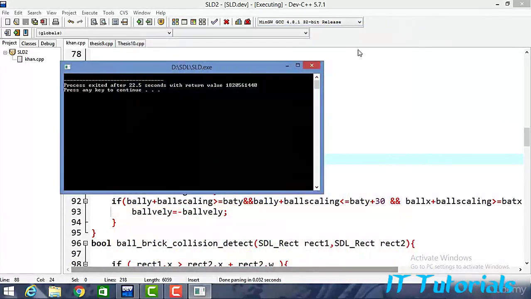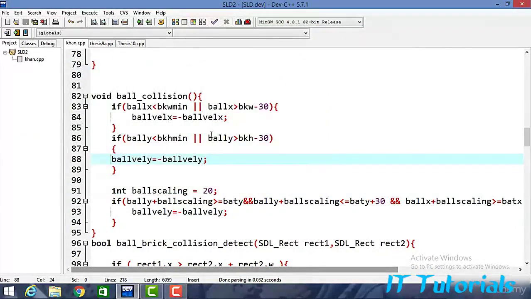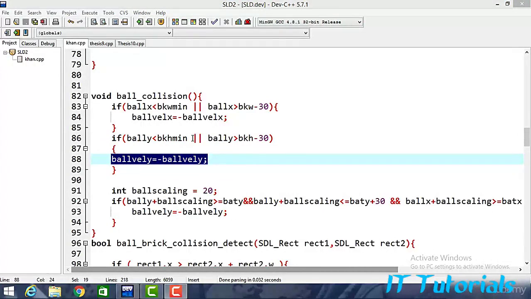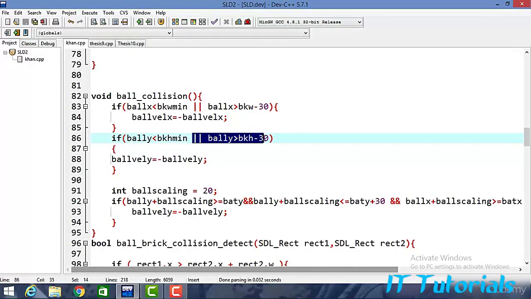So just close it. This condition is the only condition which makes the ball rebound after it hits the bottom side of the screen, because we are stating here that if the position of the ball becomes greater than the maximum height, and this background height is the maximum height, which I think is 600, then you just reverse the velocity of the ball. So now we do not need this condition anymore, because we will be allowing our ball